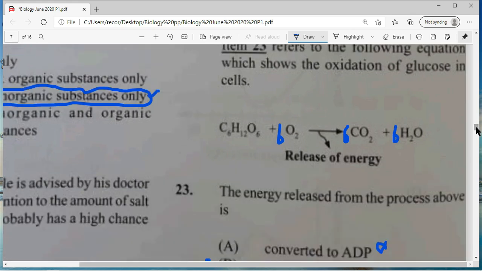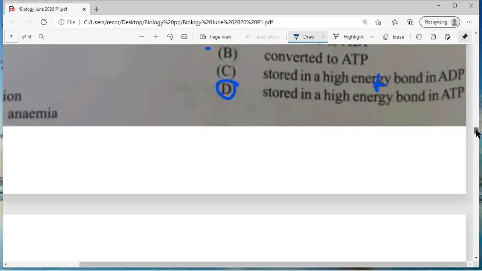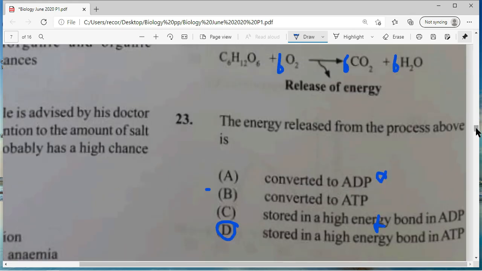And of course we're looking at the aerobic respiration with oxygen and the glucose. And of course I placed the 6 there just to balance the equation. A chemistry student would better understand that, and when you have this equation you want to ensure that it is balanced. Then energy, the energy released from the process above is A is out, B is converted to ATP, it's plausible,